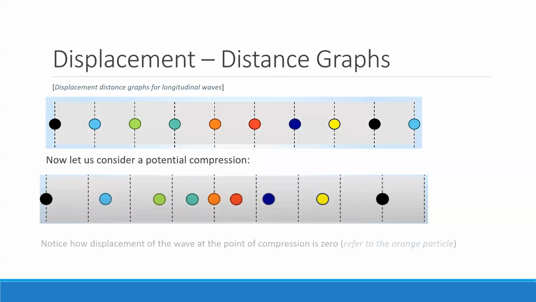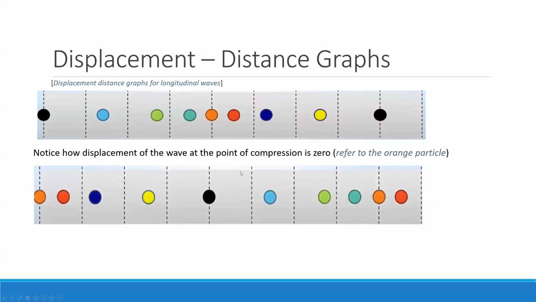So notice how the displacement of the wave at the center of compression. Sometimes the exam will just call it a compression, but what it means by a compression is the center of compression. The displacement at the center of compression is minimum, or you could say 0. But sometimes it's not exactly 0. That's why we use the word minimum. It's going to be a theme in physics. Lots of times we use the word minimum, but by minimum we mean 0. You'll see what I'm talking about as we cover more about waves. Good.